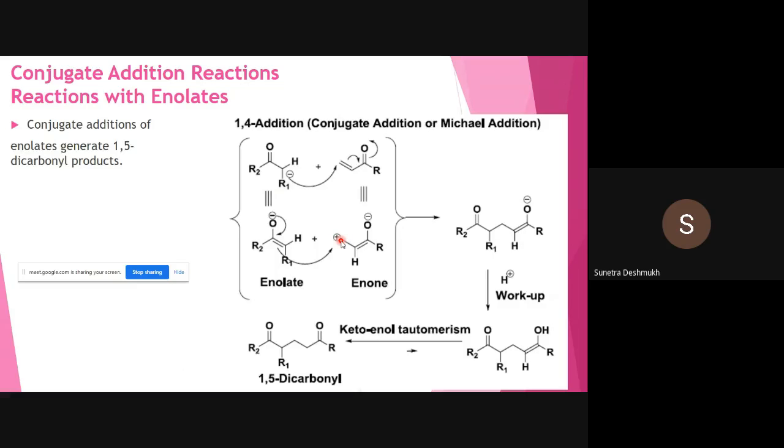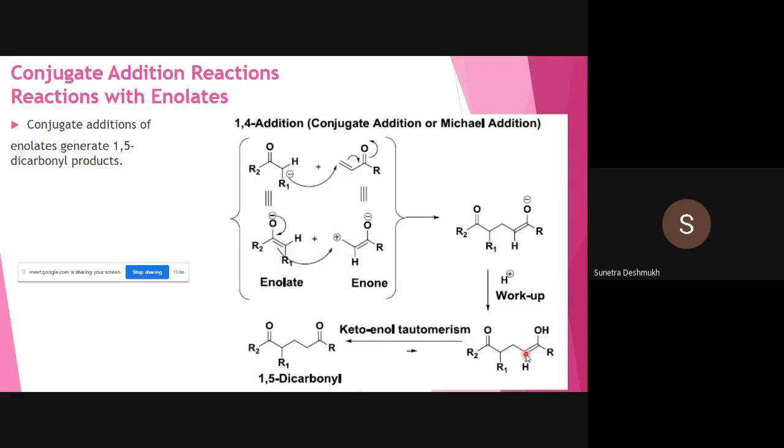That means this is more susceptible to this nucleophilic enolate attack. You can represent it both ways: the enolate can attack in the form of a carbanion on the alpha beta unsaturated carbonyl group, or you can attack in the form of enolate on the enol. The same both things you can represent, and go for this intermediate, and again with acid workup, you can